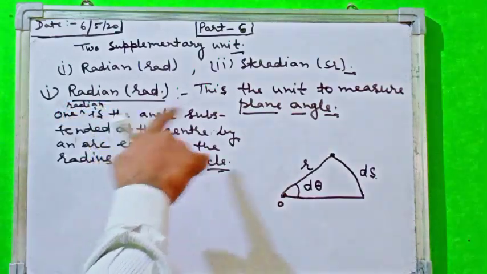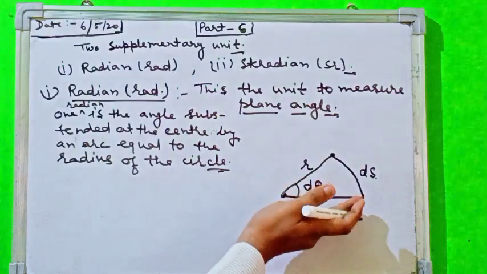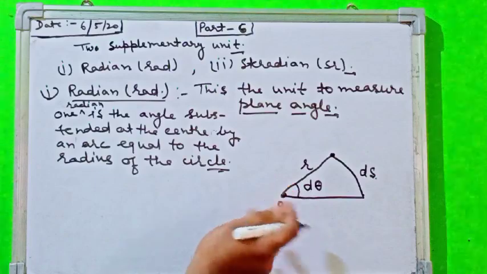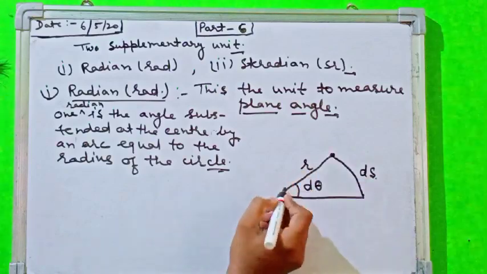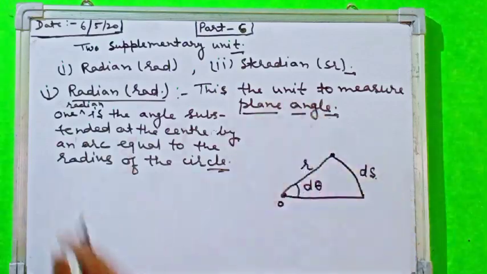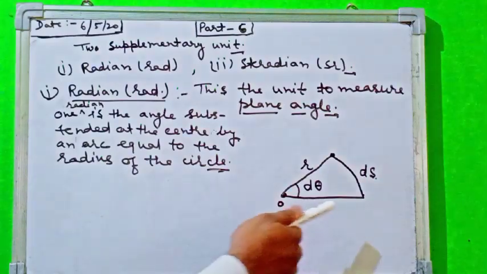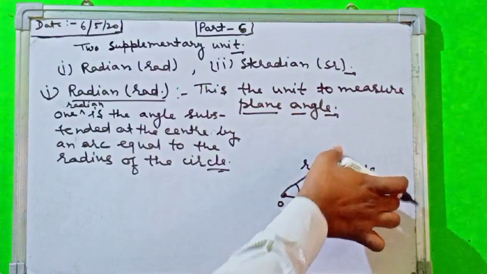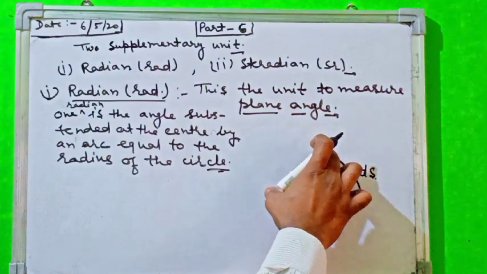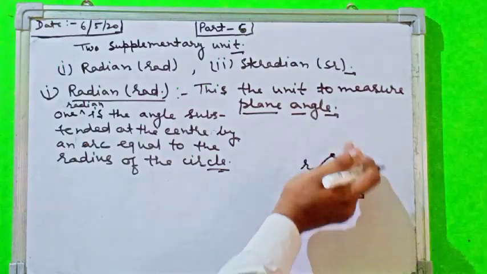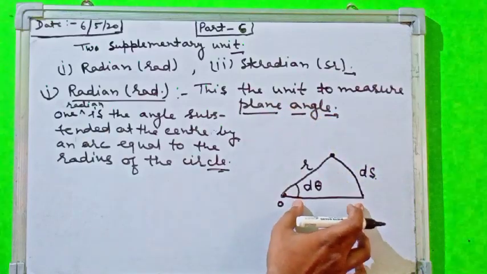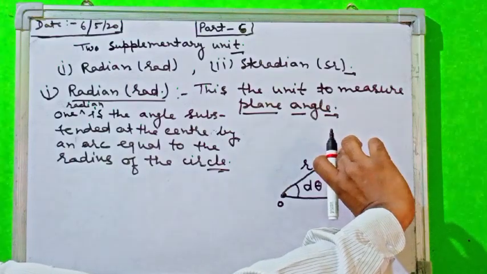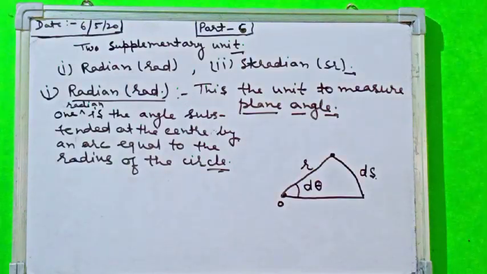1 radian is the angle subtended by what? Subtended at the center. Suppose we are drawing a circle, supposing O as the center. And whatever the arc we have drawn, if this arc is equal to the radius of the circle, whatever the circle is drawn by the length of radius r, the same length is of this arc. And how is it possible?